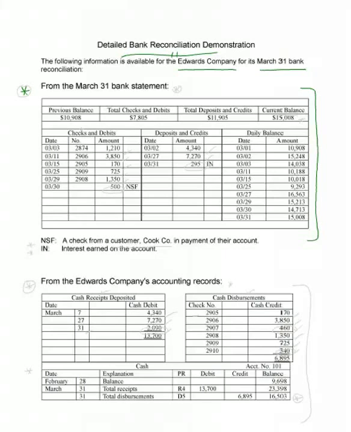At the bottom of the bank statement are some informational items. NSF means non-sufficient funds, and IN means interest earned. Underneath the bank statement, you can see the information is provided for the company in this section. You have cash receipts from a cash receipts journal. You have cash disbursements from a cash payments journal, and then you have a general ledger checking account for cash, where